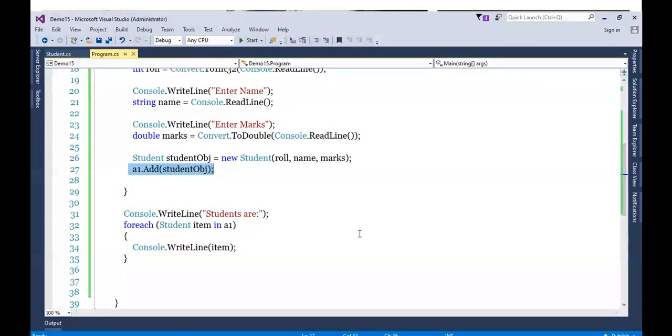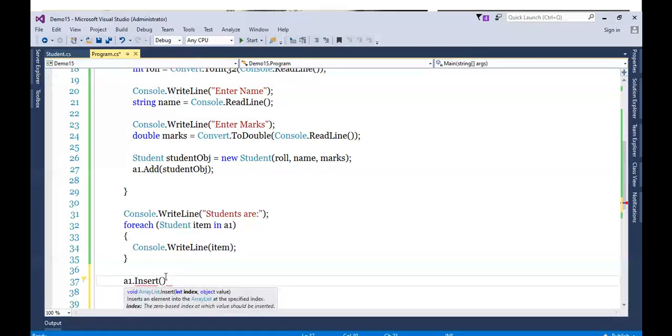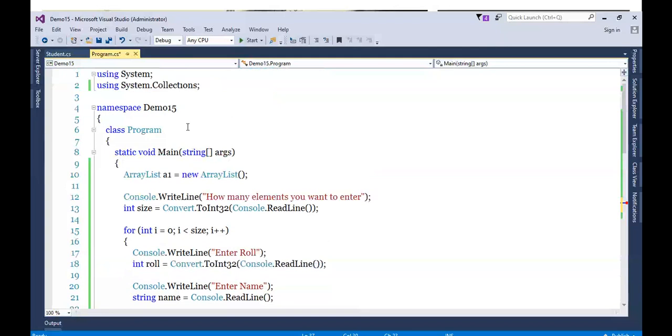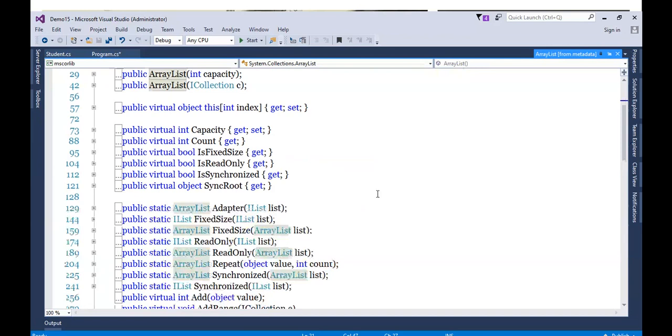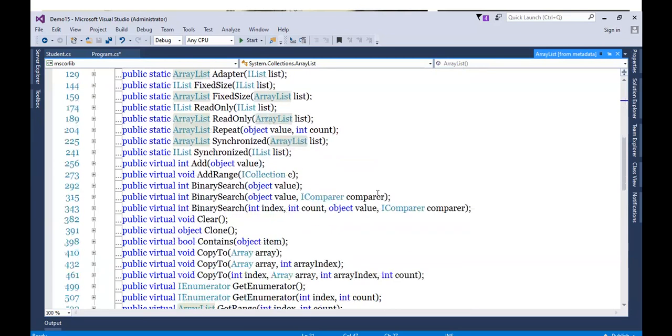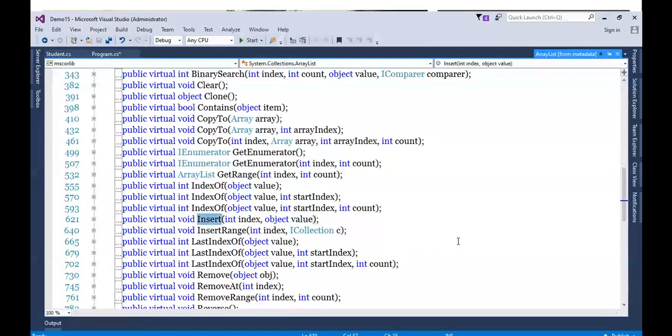Okay. Now there is something called the insert method available. Now what is this insert method doing? Watch. So to add the element, we got AddRange, and we got Insert. See, Insert.